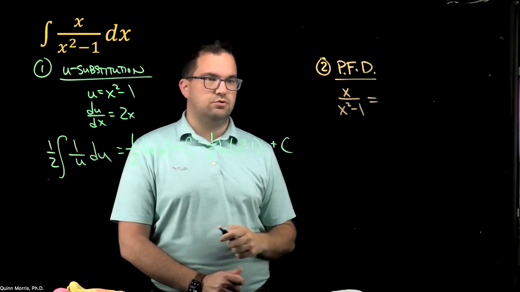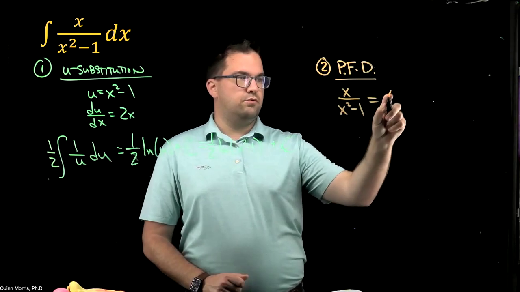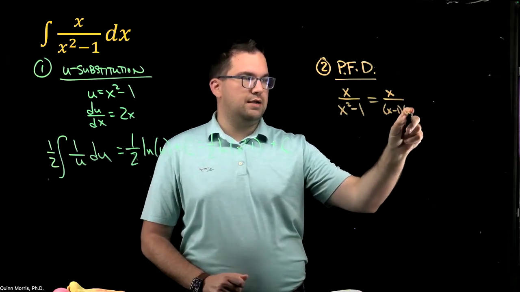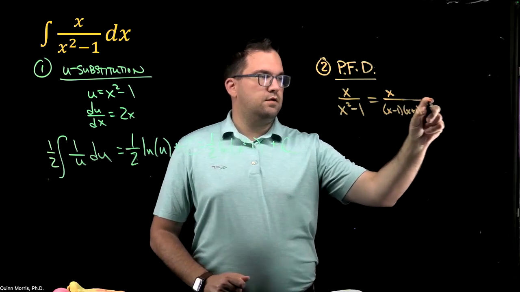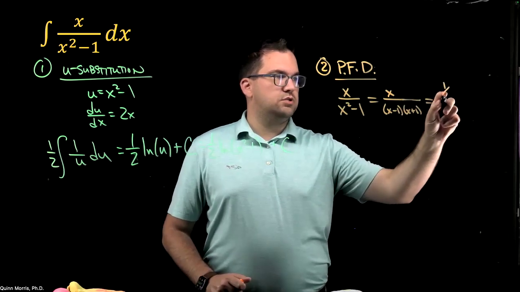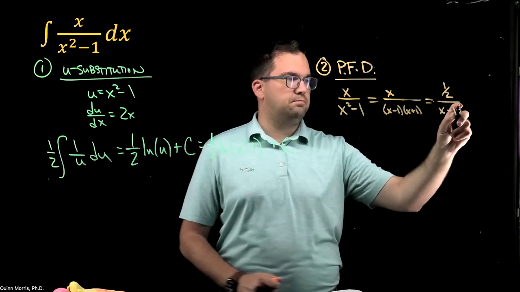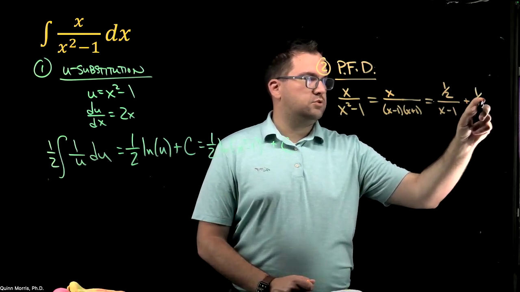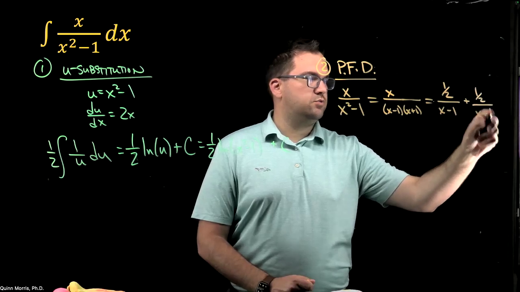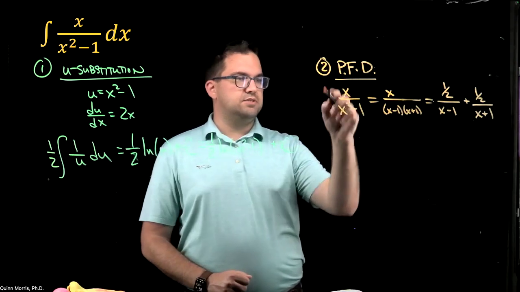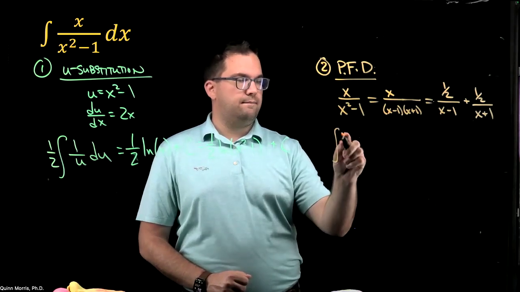You can check this on your own. If you look at this, the denominator factors as x minus 1, x plus 1. And you can rewrite this using a partial fractions decomposition as 1/2 divided by x minus 1 plus 1/2 divided by x plus 1. And so having done the partial fractions decomposition, now if I want to integrate,